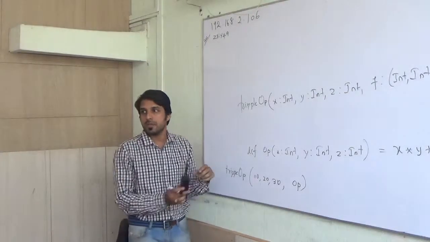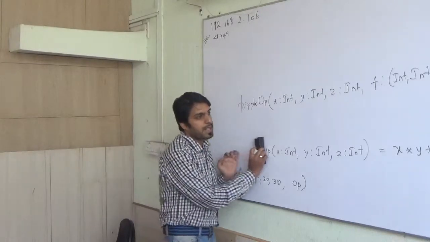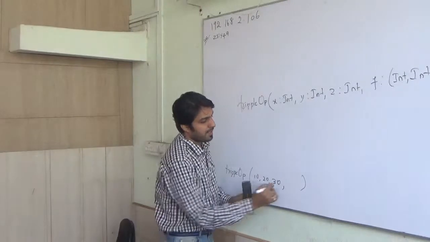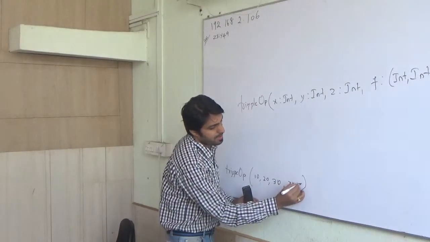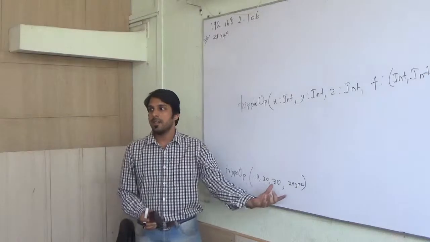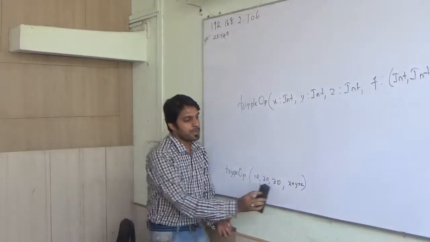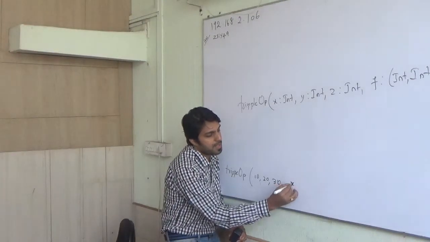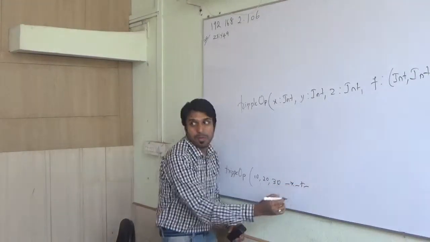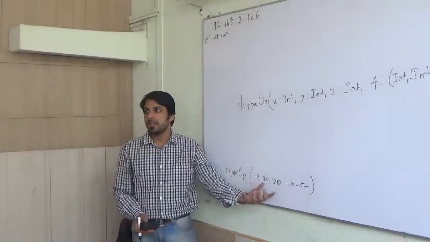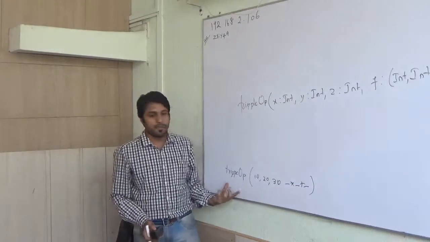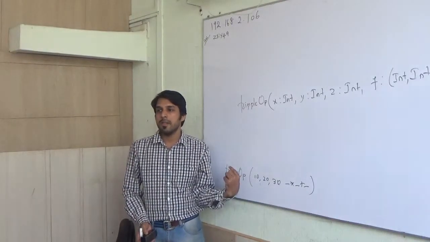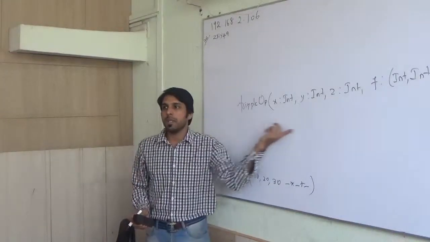But in earlier examples we saw that we could get rid of these things. We can directly say here x star y plus z. So also we said that we can directly use underscore star plus underscore. We can get rid of the parameters also. So the same thing we are doing there. And you can put op also, yeah, but we need to define what op is.